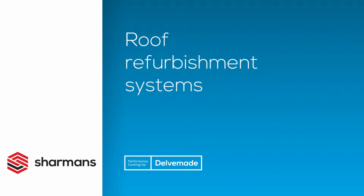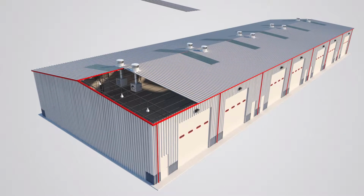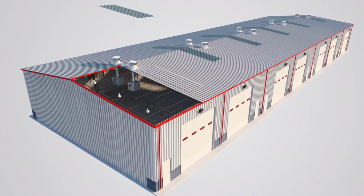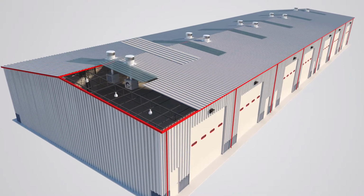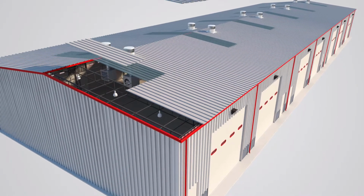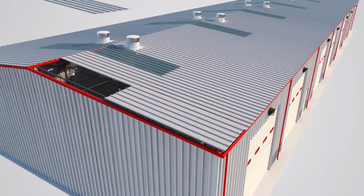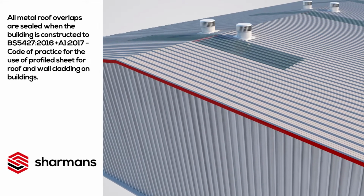Metal is the preferred construction material in the industrial building sector. This is due to its diverse and many beneficial attributes. The roof of any building is the most exposed area and must stand up to harsh environmental conditions such as UV attack, acid rain, and airborne pollutants. A metal roof relies heavily upon its protective coatings to prevent these conditions reaching the metal substrate, which would quickly corrode if left unprotected. To maximize the roof's life cycle, the protective coatings must be monitored, repaired and refurbished at